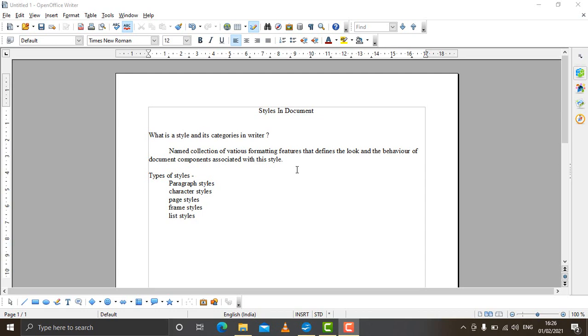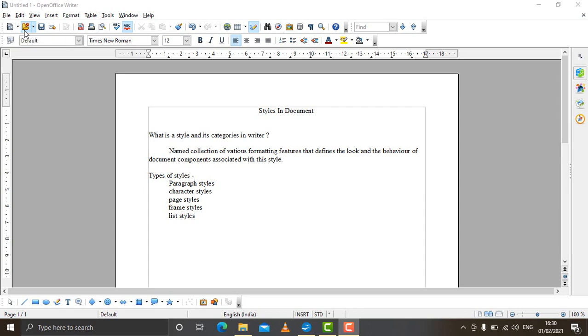So a number of word processors are there which we know. The most common one you might have is Microsoft Word. This time we will be focusing on OpenOffice, and in OpenOffice we will be focusing on OpenOffice Writer.